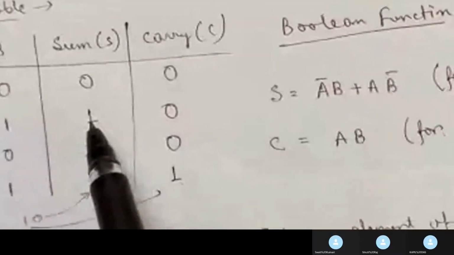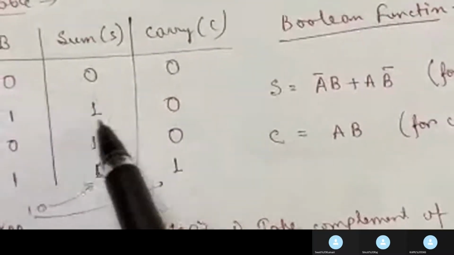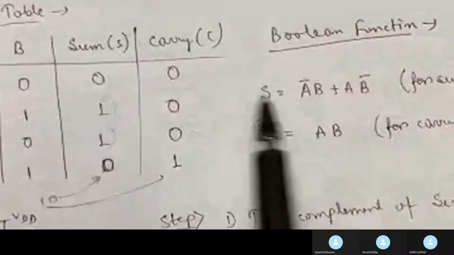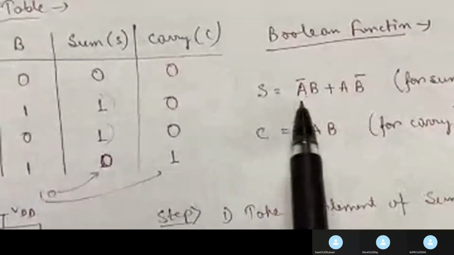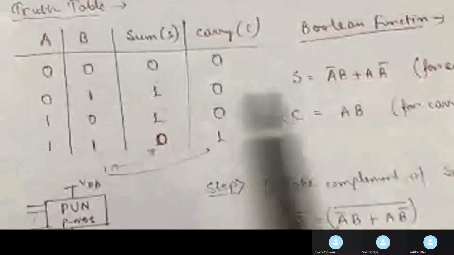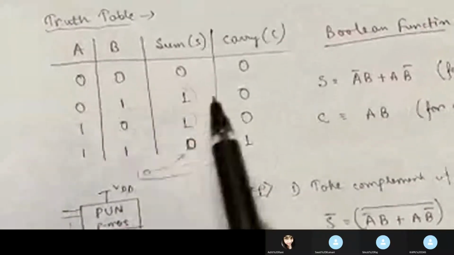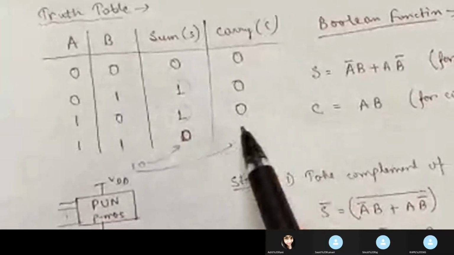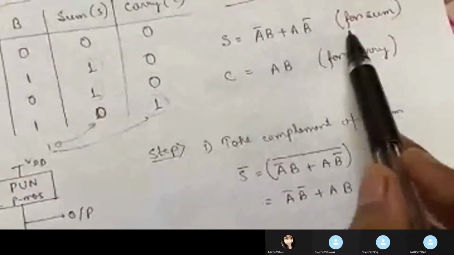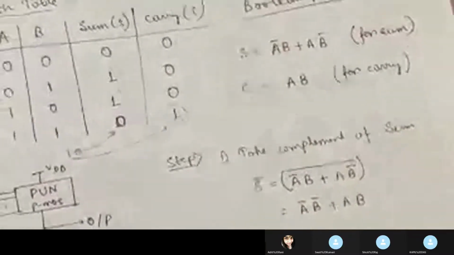The Boolean function of sum and carry will be like this. Where there is a 1, we will take the corresponding value. So 1 is here, so my sum will be A bar B, and for the next one it is 1 0, so it will be A B bar. A bar B and A B bar. For these two 1s, we will get the output for sum, and for carry you will get output only for this one. So it will be A and B, right? So this is the Boolean function of your sum, and this is the Boolean function for carry.